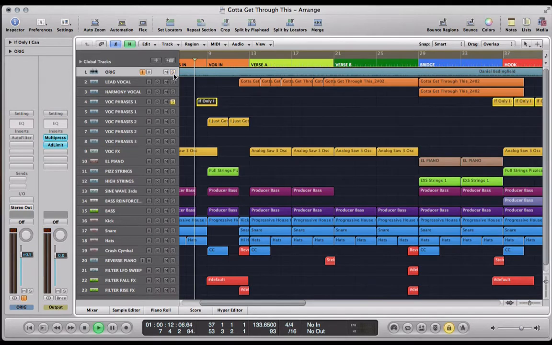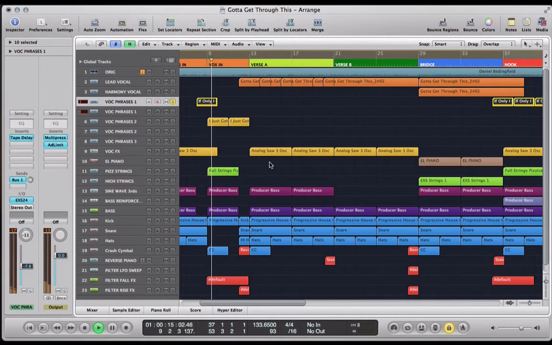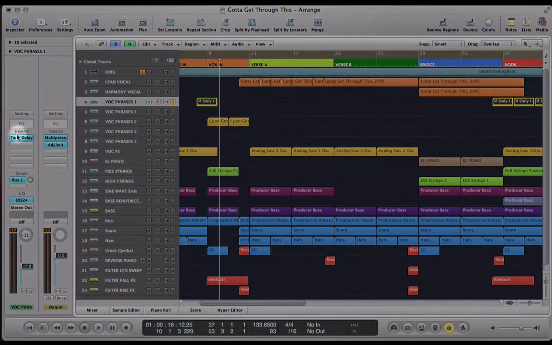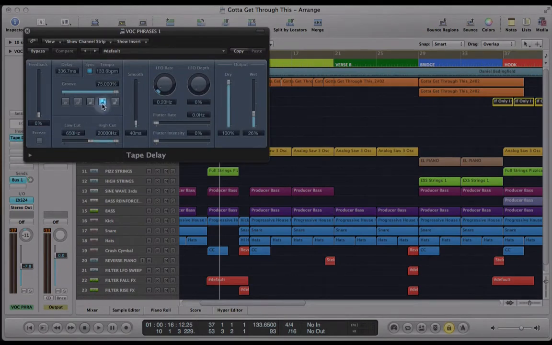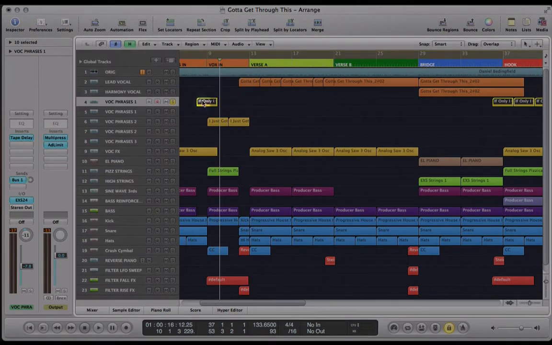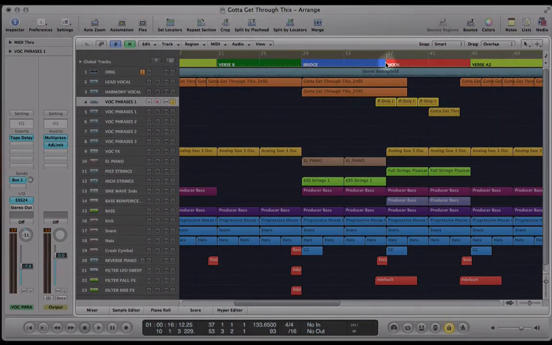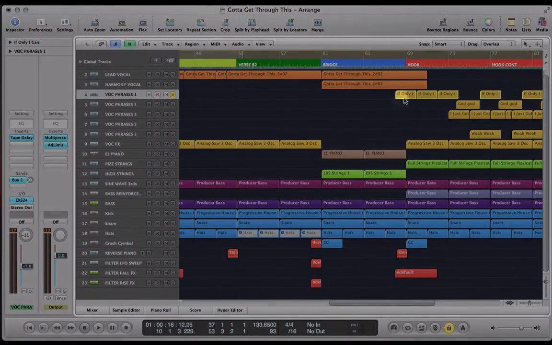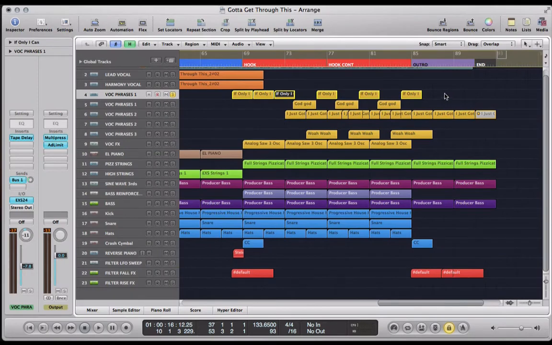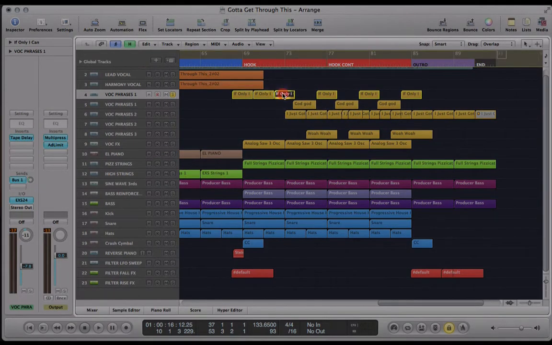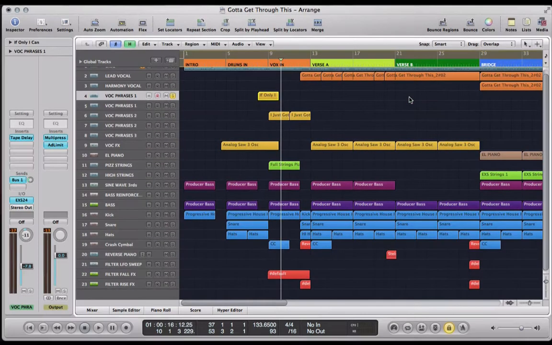So let's listen to that on its own. Really simple. Pan slightly over to the left, and a little bit of delay on it, 8th note delay, 0% feedback. And once you've got that in at bar 8, you can go ahead and copy it to 36, 38, 40, a few more here, 68, 70, 72. And then through the outro, it sounds quite complicated, but this particular 2-bar phrase, copy it again to 76, 80, and 84.